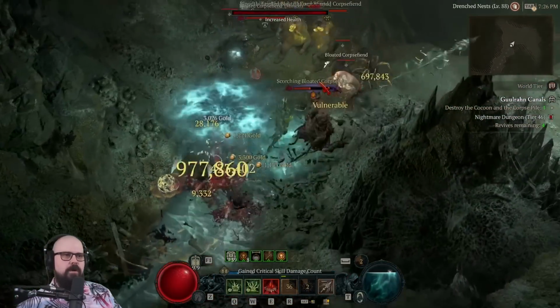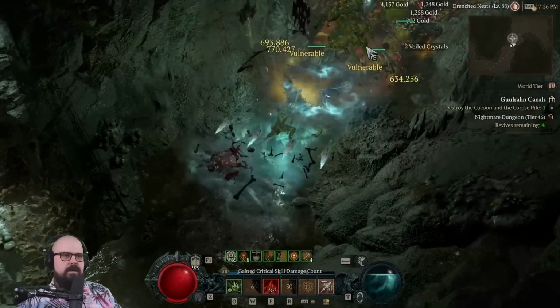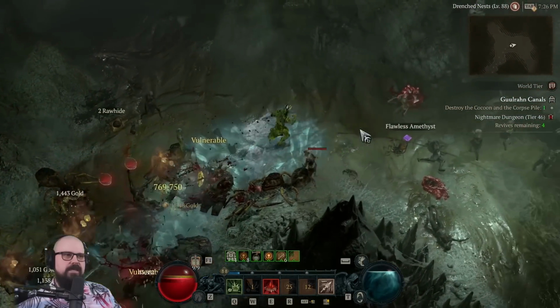We got to destroy one more cocoon here. Don't try to go too much in melee. I tend to be very risky, but, you know, it is what it is. Usually I die just because I'm trying to loot stuff or...